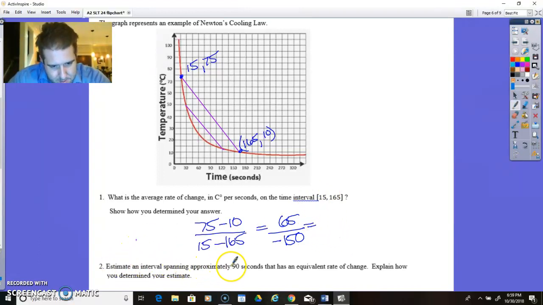Estimate the interval spanning approximately 90 seconds, so that's equivalent range. Okay, so 90 seconds. So here's from 30 seconds to 120. So this is parallel to the original, so it's decreasing at the same rate. Now, it's not decreasing at the same rate here at the beginning. What I'm saying is over that time span, it's equivalent to the amount of decrease over that same time frame,